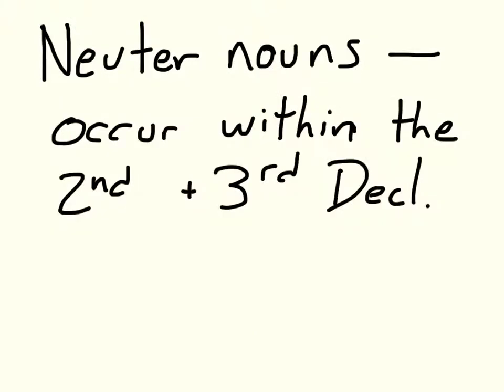So I'm going to introduce a new term, which is neuter nouns. So neuter nouns are not a new declension. They are a different type of noun that occur within the second and third declensions. They mostly belong to the second declension, but there are a few in the third as well. And neuter